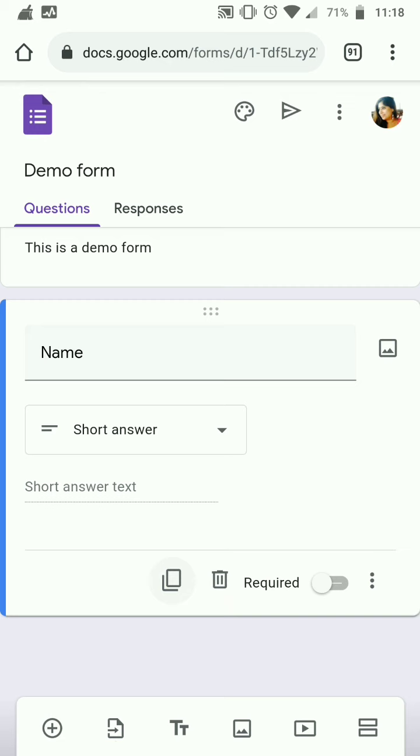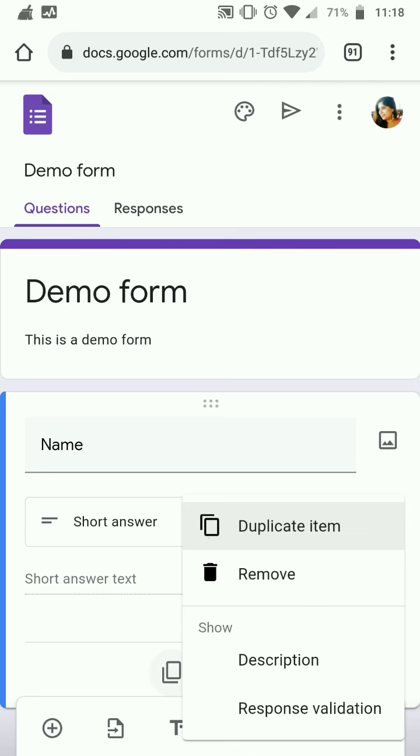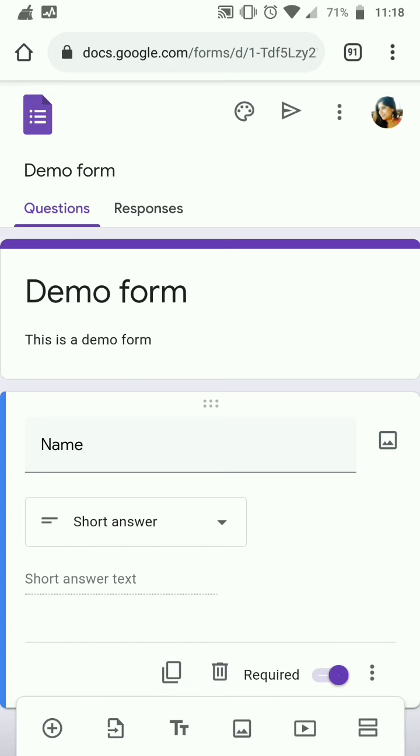And there are a few questions which are mandatory whenever we fill up forms. So you can put required. So it is mandatory. Until and unless somebody answers this question, they won't be able to submit the form. So this is a mandatory question for them. So click on required. Now you can either duplicate this same question, you can remove it, and so on.